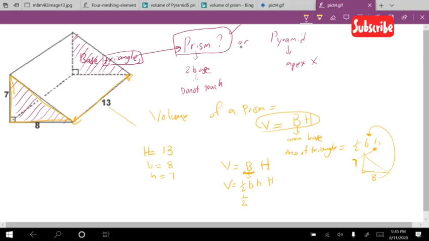Now we have half of 8 times 7 times 13. So half of 8 is 4. 4 times 7 is 28. 28 times 13, and it's solved by